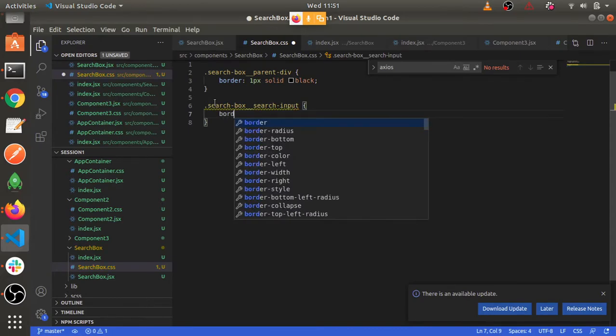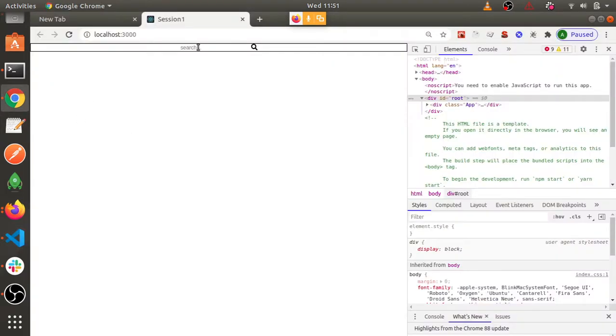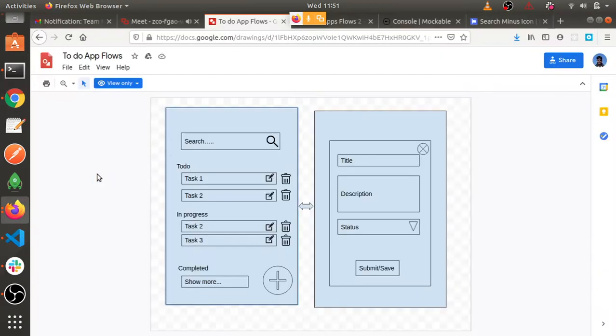And border, I'll make it none, right? So once I make border none, you can see search has no border, right? If someone comes to type something, he will understand that the whole thing is search, right? If I'm able to align these two items such that this goes at this end and this search icon comes at this end, he will not be able to identify that only this much is input, right? As per the design, you can see.